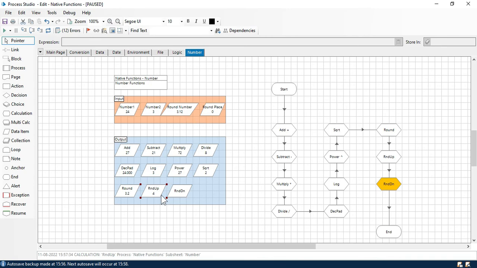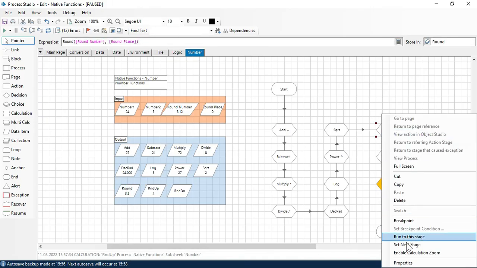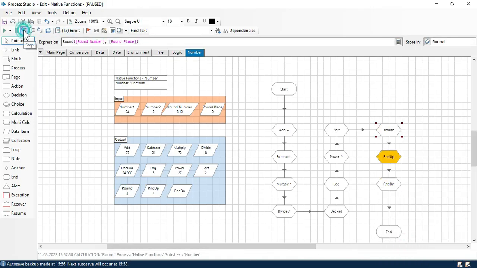So it will look only at the place 0, it means before the decimal point, and increase that number. But in the round, you can see if I am going with this 3.12, it's giving us 3 because it's looking for 0, and it will just give you the round. It will remove the 12 because this is less than 5, so it will just remove that and give you 3. Now coming to round down, so in the round down we have value 3.12 and we are looking for place 0,